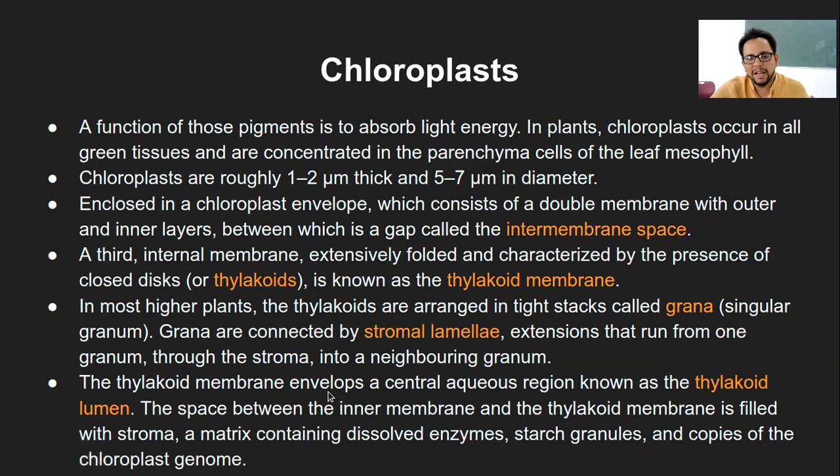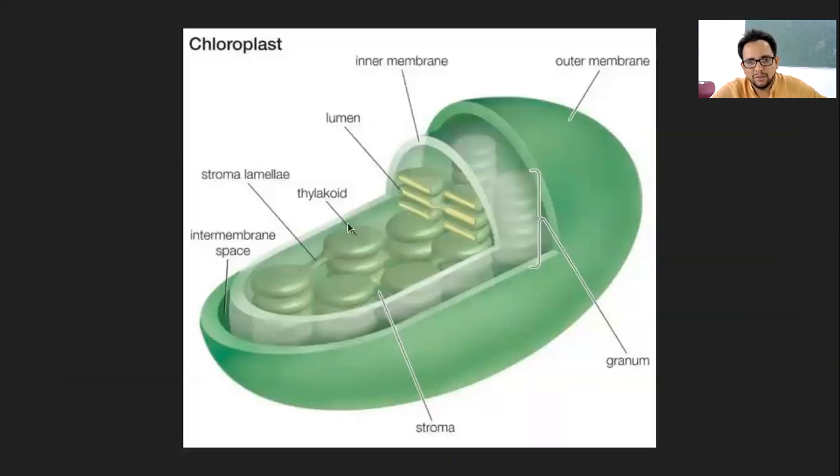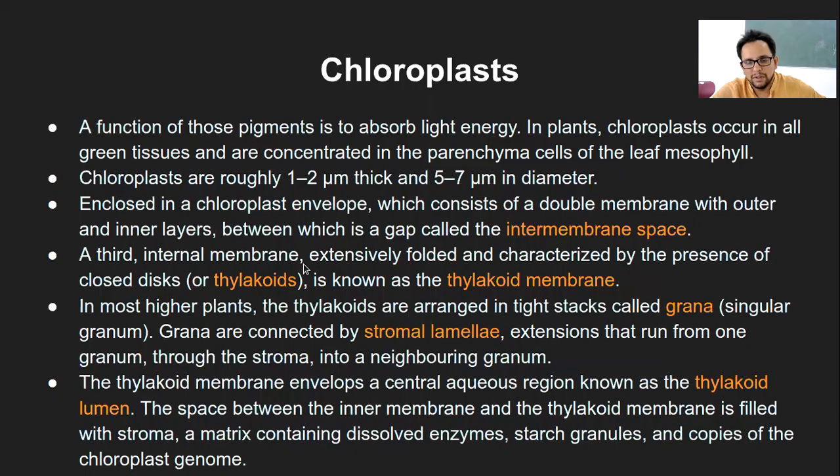And the thylakoid membrane envelops a central aqueous region, which is known as the thylakoid lumen. So within the thylakoid disc, if you cut it open, what you get is the thylakoid lumen, and the space between the inner membrane and the thylakoid membrane is filled with the stroma. So that is the stroma that we spoke of earlier. This inner membrane and the thylakoid structure, the whole of this empty space that we see is made up of stroma,